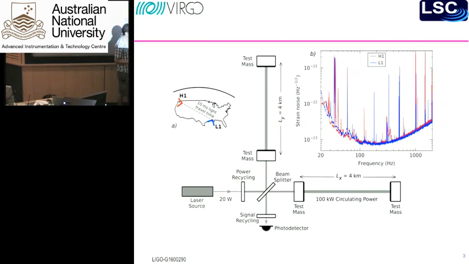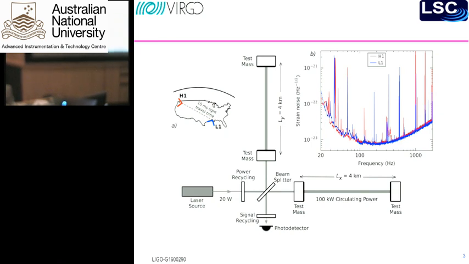It's a standard Michelson technique. We also recycle the signal with a signal recycling mirror, so we send it back into the interferometer. It's a little bit more complicated than that. It's not quite so simple as that, but needless to say, this mirror allows us to manipulate the bandwidth of the interferometer independently of storing the power. So the properties of the cavities in the arms,